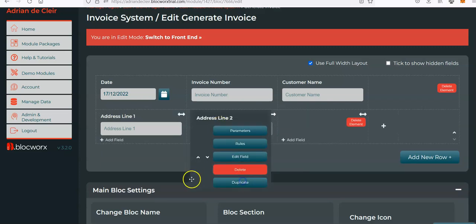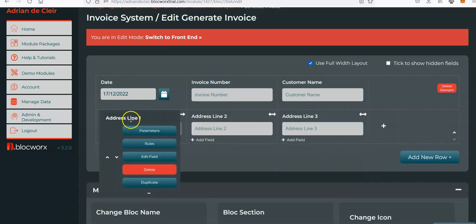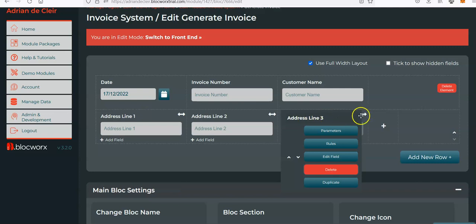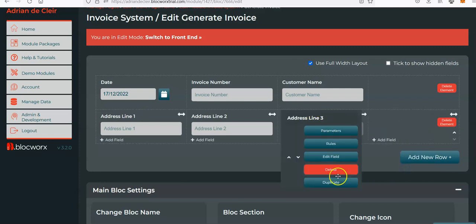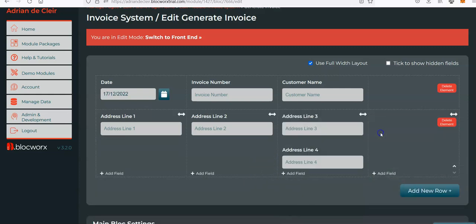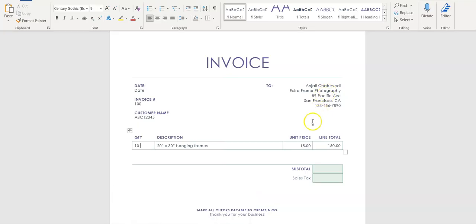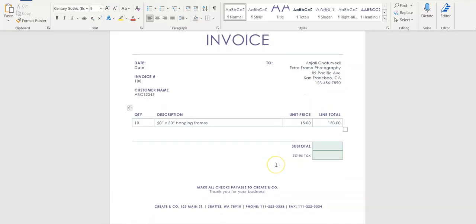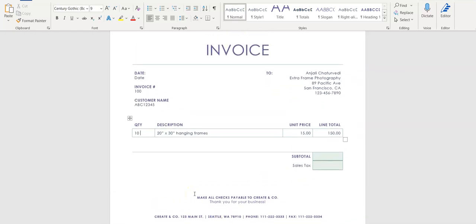So I'll duplicate that. And as you can see, it increments. If there's a number in the field name, it'll increment that by 1. And we'll duplicate that one. And we'll just see,